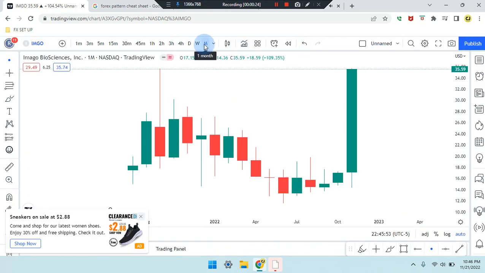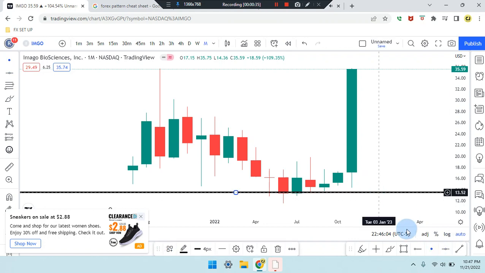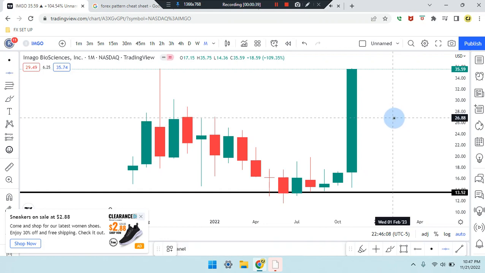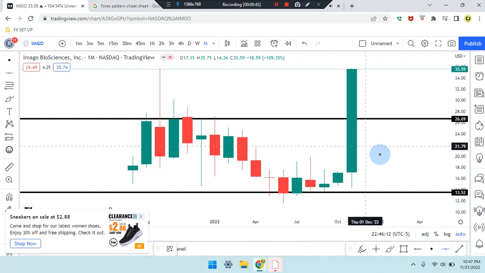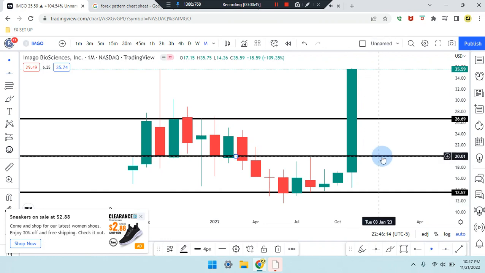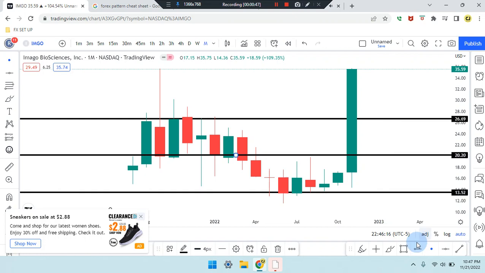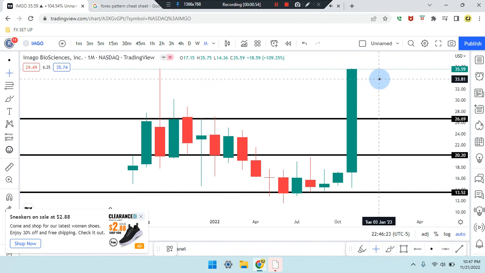We are on a monthly time frame. Price action, last candle to the right-hand side, is a huge bullish green candle. So we do have price action overall structure, lower lows, and price action overall structure of higher highs. And we have that midpoint. So we'll take a look at price. Current price is sitting at